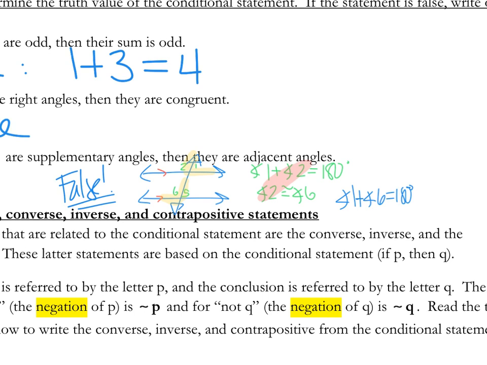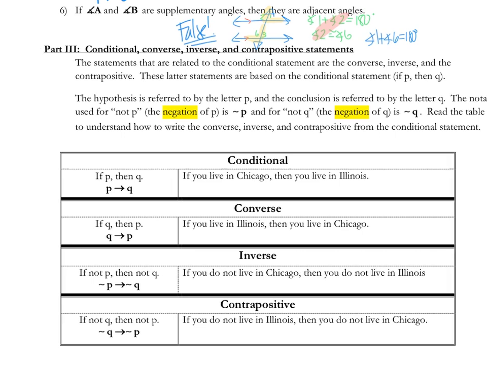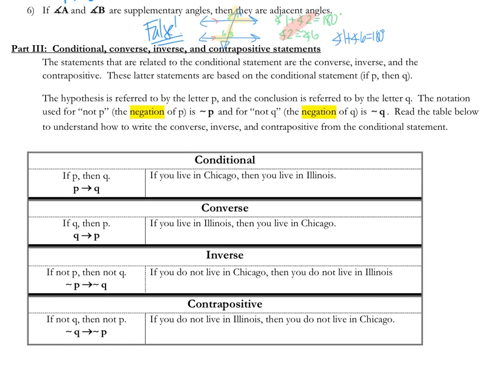All right, now we are going to talk about different statements that you can get from a conditional statement. Okay. And before we do that, I want to take one little extra notice about right here. Okay, the negation is that little squiggly in front of the letter, which basically means it's not happening. Okay, so for example,